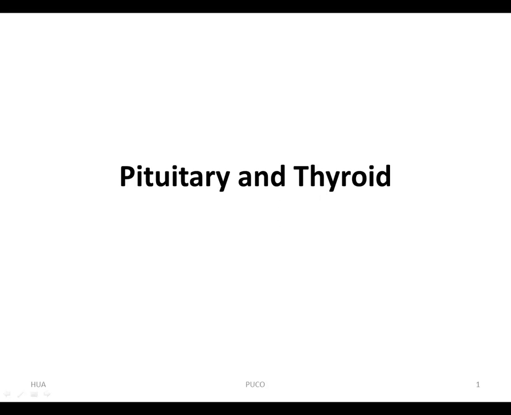Dear class, this week we're going to talk about pituitary and thyroid. The neuroendocrine system, which is controlled by the pituitary and hypothalamus, coordinates body function by transmitting messages between individual cells and